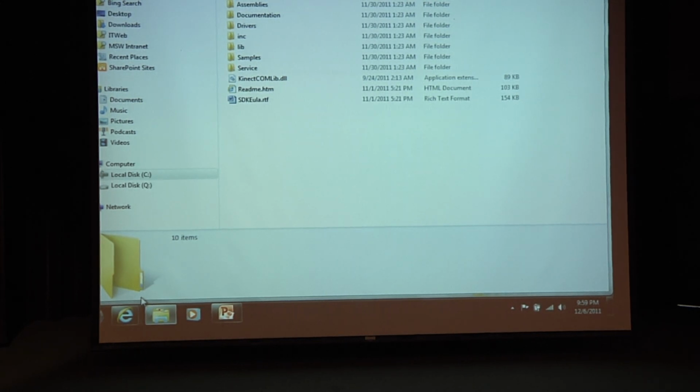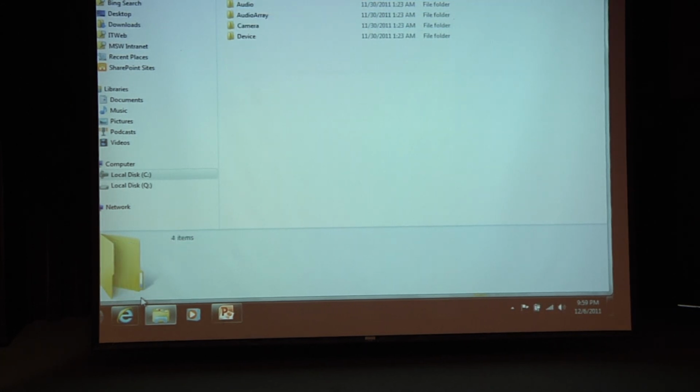And in here, you'll see all of the things we looked at. You'll actually see the drivers for each of the four hardware subsystems inside the Connect. So these are actually the device drivers. So that's an important thing. Install the